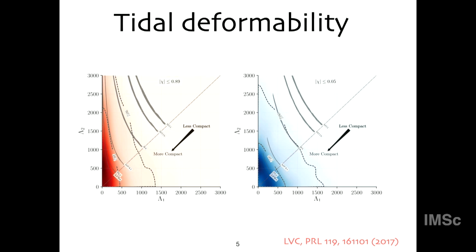Now, coming back to the question of constraining the tidal deformations, these dashed lines that we see here are the 90% bounds. The other dashed line is the 50% bounds on the individual tidal deformability. So both neutron stars are deforming each other, and you try to measure independently the two tidal deformability parameters, characterizing the deformation as the binary approaches merger. And what is also plotted is this shaded region, which has been obtained